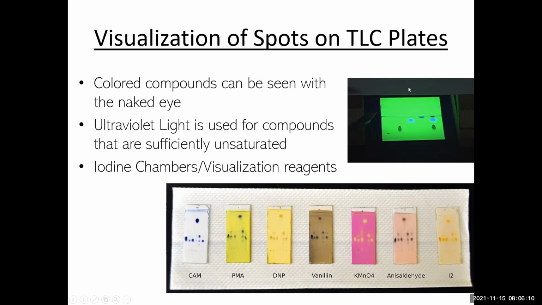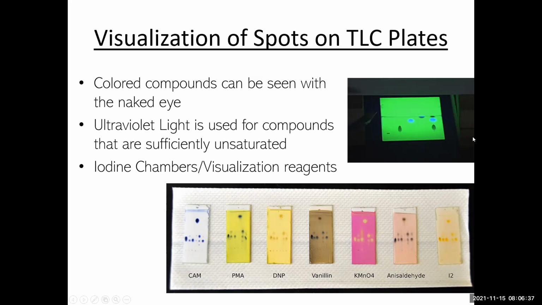So this is, for example, what it might look like. The plate itself kind of glows green and the spots are differentiated. We can see this lane just has one spot, another spot looks totally different, kind of a blue, and then the spot all the way that's moving along with the solvent front. Very, very non-polar compound. And then a mixture of all three.